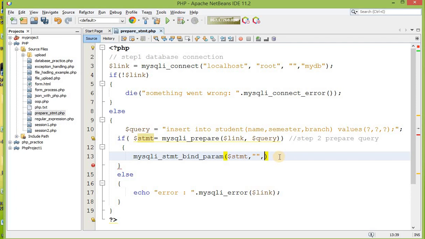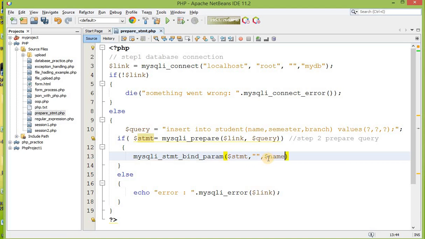First of all, over here you just need to see how many fields there are. 3. So how many values do you have to insert? 3. That's why there are 3 question marks. Now you have to bind 3 variables, one for each.